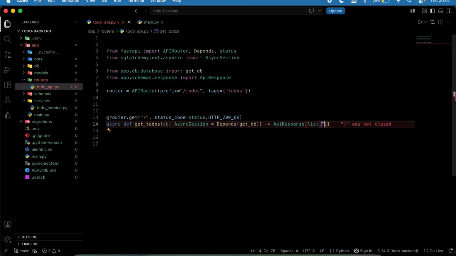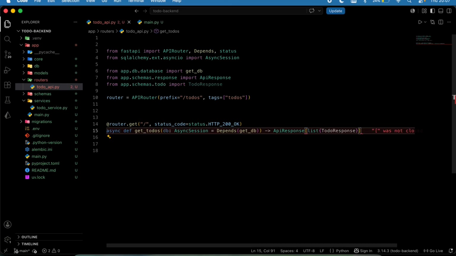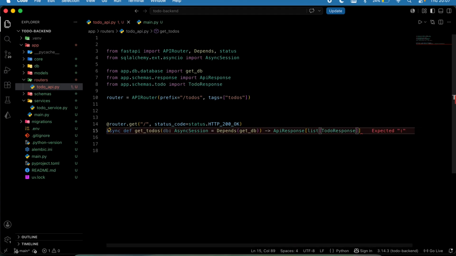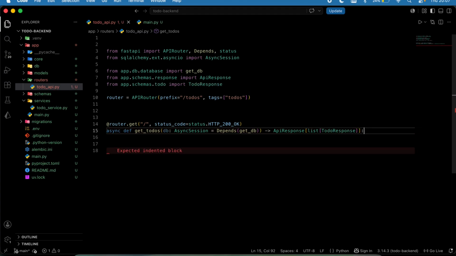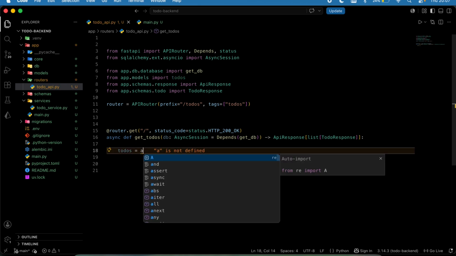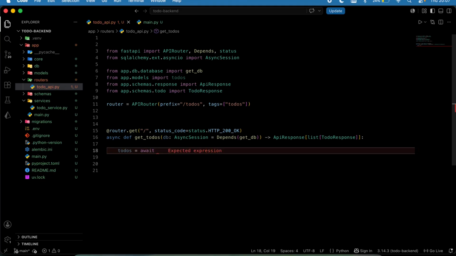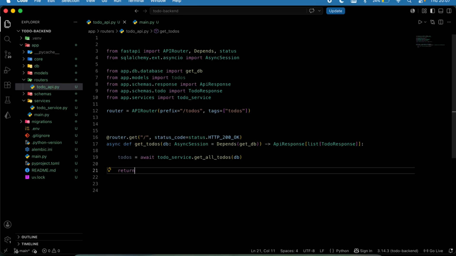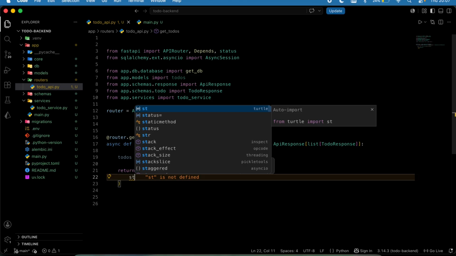A list of to-do response like that, and I'm going to say to-dos equals await our to-do service dot get all to-dos, and I'm going to pass my database down like so, and then I'm going to return the data by building my API response and saying the status is going to be